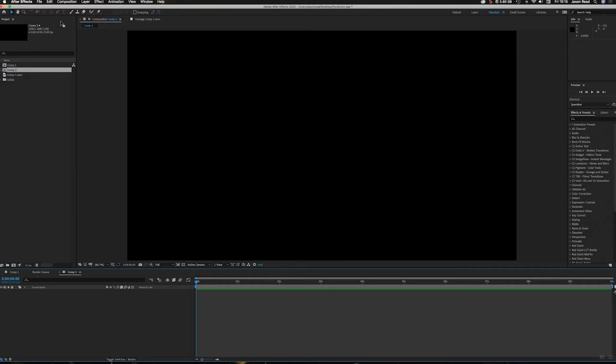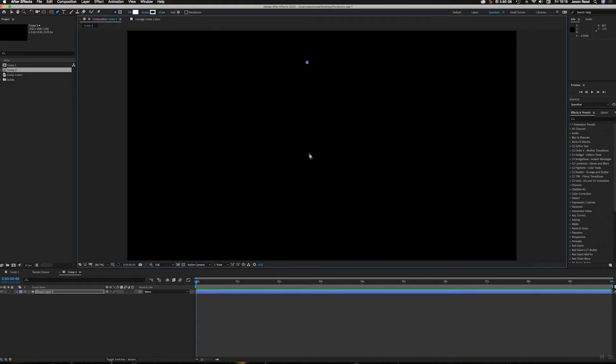So let's go and use the pen tool here. Okay, and I'm going to set a stroke of about 10, and I'm just going to click, and if I hold down the shift key and click lower down, I'll get a straight line. So holding down the shift key will keep it straight. If I just show you, if I hold it over here, hold down shift, it still does it